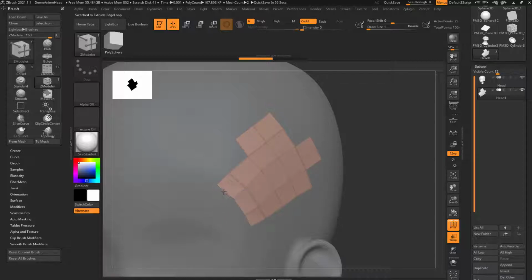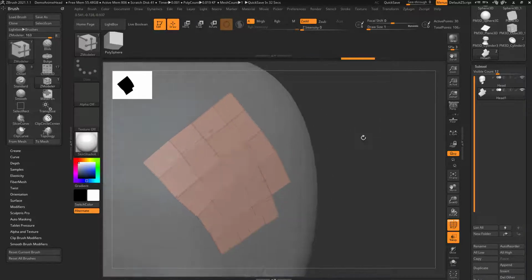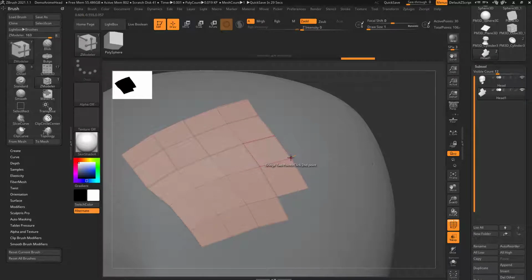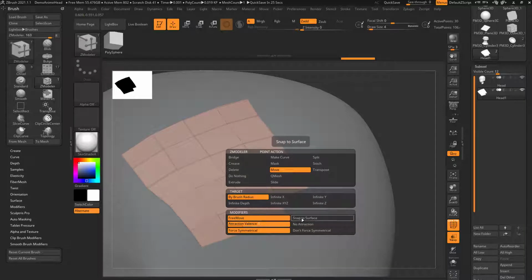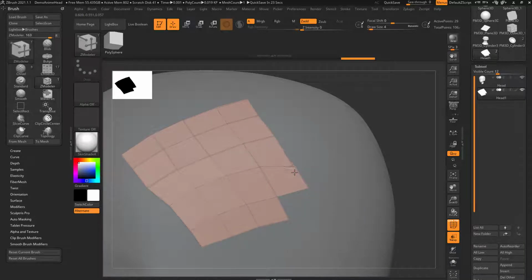So here's single, here's an entire edge, and if you hold down Alt, it's going to do your entire edge border. That's a very quick way to go through and snap new geometry here. So here's an entire loop here. And if you ever have any problems with these things snapping together, you can switch over to point mode and say move by brush radius, snap to surface, attraction, and now when you use move, it'll actually snap points together. So you can use move and snap to surface, as well as extrude and snap to surface, and attract these together. So move will go here and snap these,